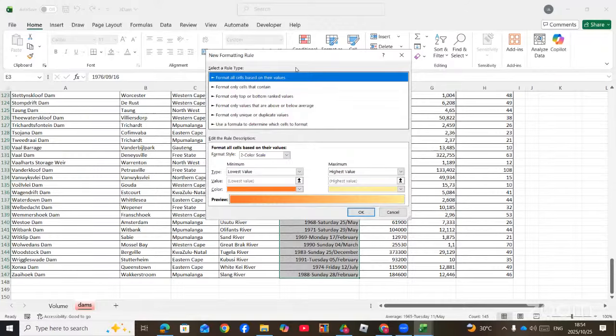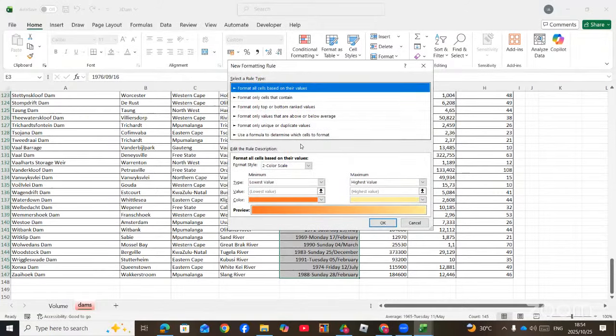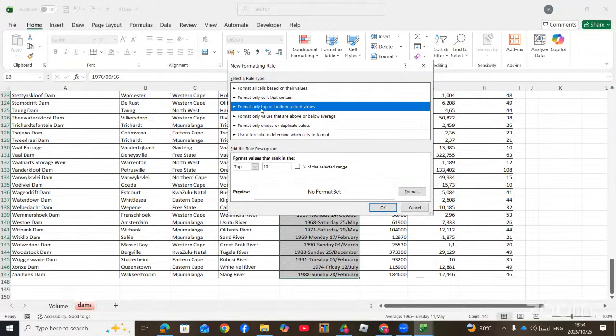Now, when you are talking about oldest or the biggest, we can use only the top or bottom rank values. And now we want oldest, so the 15 of them, not the 10. So here we cannot use top. If you say top, that's the biggest values, which will be the youngest. So here we choose the bottom,